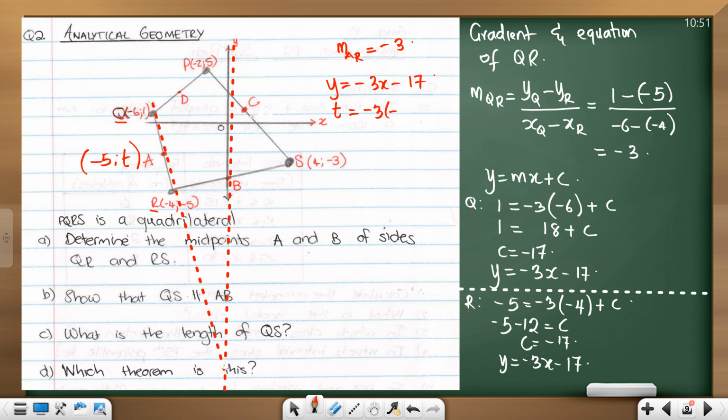What is the x? Minus 17. What's your answer? Negative 3 times negative 5, which was the coordinate we got for A. So examiners can move